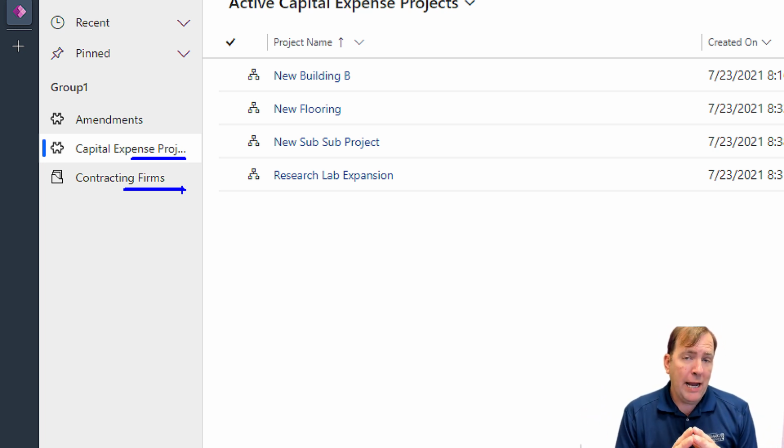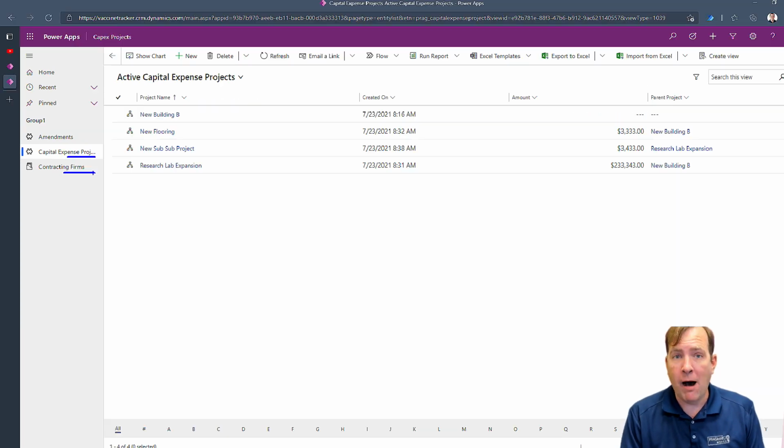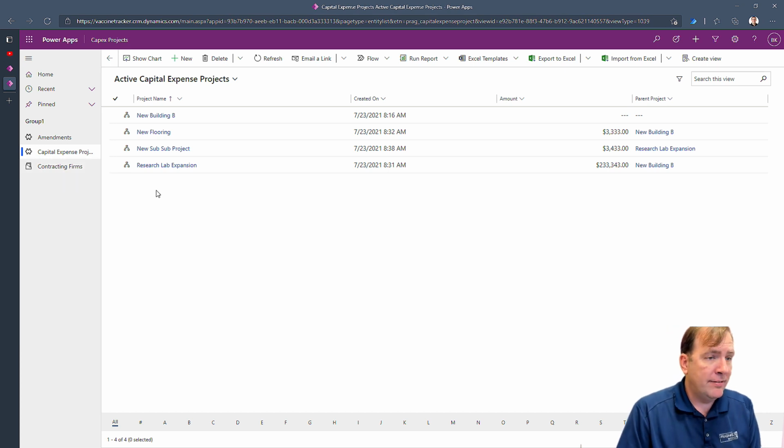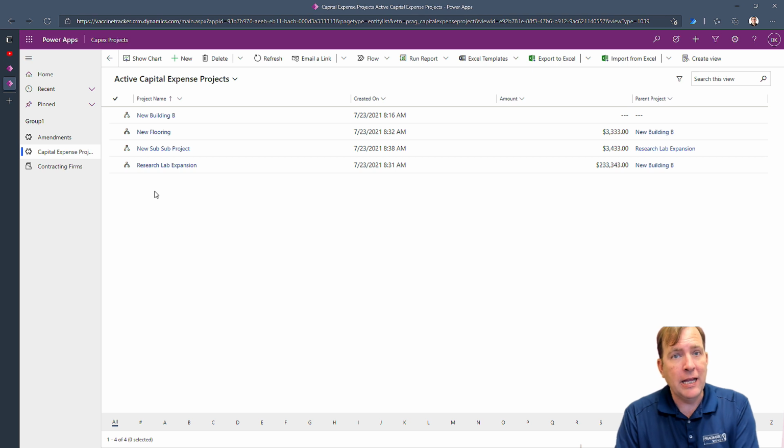Now that works great, but if you also want to log their role or their bid amount or what it's costing you or the number of hours approved or any of those types of things, then you need to customize the table and add your own table. That's what you're listening for on those kind of exam certification tests where they'll ask you how you model certain things. Okay, so in my case, though, we're going to use a native functionality,